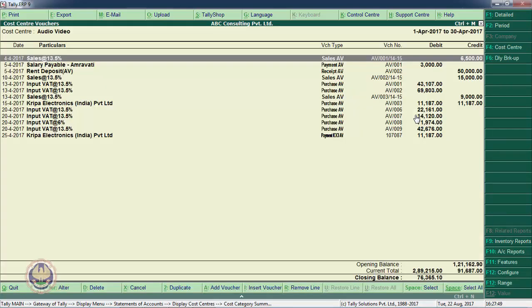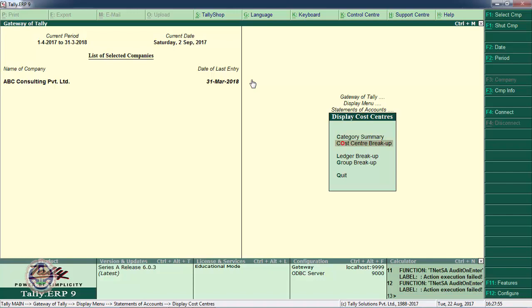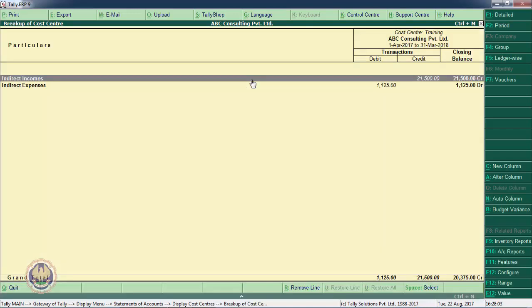So these are the different transactions recorded using the cost centers. This is one menu about cost center, then cost center breakup. We have different types of cost centers. So let us go to this training. Inside this cost center training, indirect income and indirect expenses, there are certain transactions recorded for a particular period.